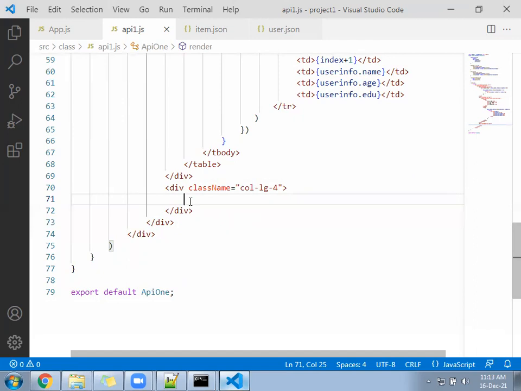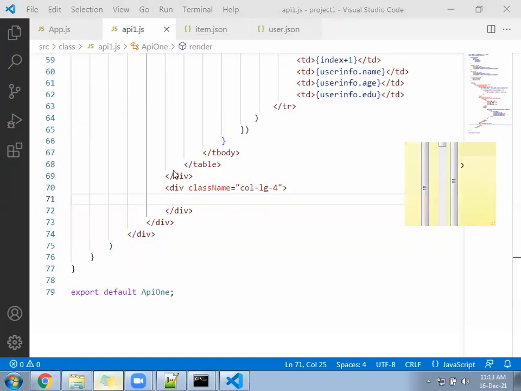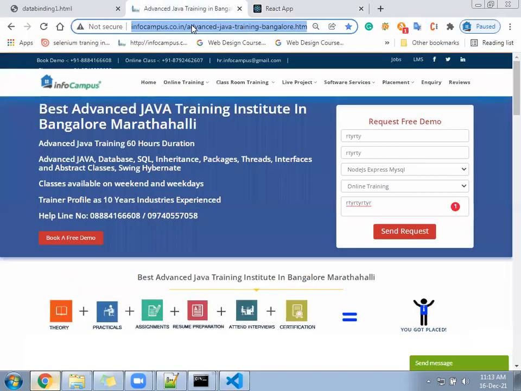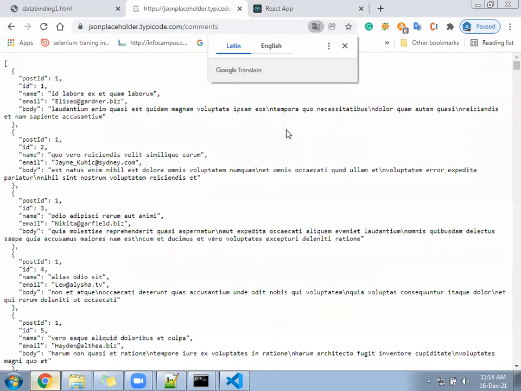What will I write? Let me see the URL. Let me see in comments how many we have. Okay, we only need to display the name of everyone.